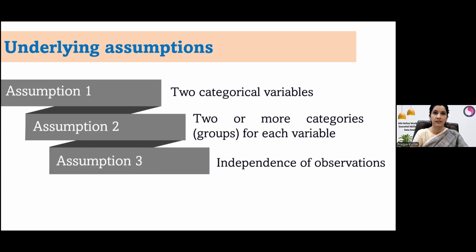And then the third is independence of observation, and I'll explain this. What is independence of observation? It means that if I have counted one individual once, I will not count that individual again. For example,